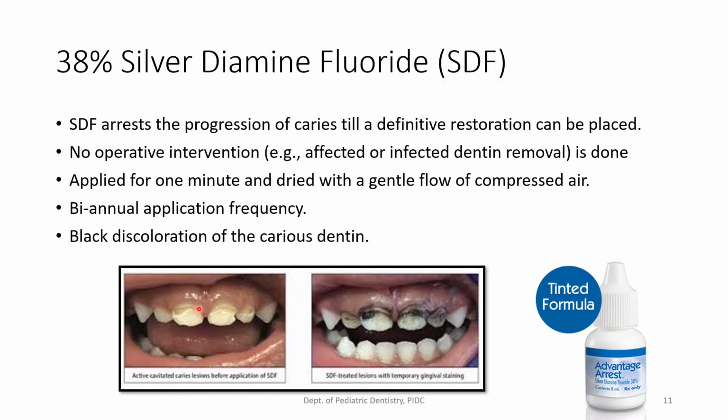the picture, this was a carious lesion in a young child, and this is what happens after the application of silver diamine fluoride. This is the blackish discoloration of the carious part. So what this essentially means is that all the caries has been arrested, but aesthetically it's not very pleasing, and this is a reason sometimes the parents do not want to go for silver diamine fluoride. In Malaysia, silver diamine fluoride is still not available, but globally it is available and used quite often, especially in the US. And we have guidelines coming in from the UK, and we need to be aware of this because this is a really handy solution for a very young child.